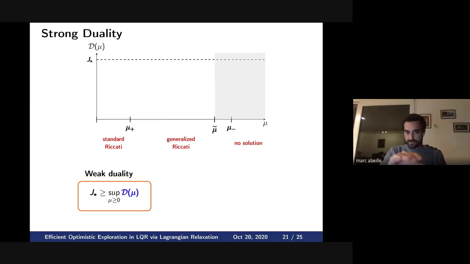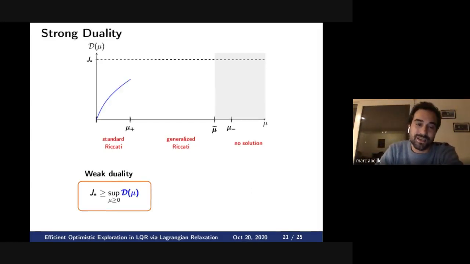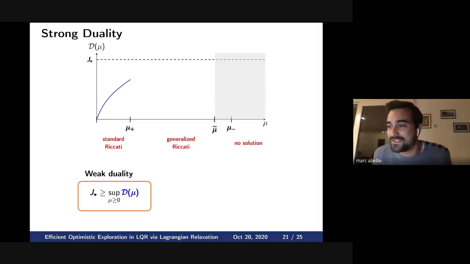So J star, the dotted line, represents the value of J star that curly D must attain. And what we obtain is the following. Let's say in the standard Riccati regime, we have that d mu increases but does not reach the value J star. And it means that if strong duality holds, it has to take place in this generalized Riccati domain. And so the good news is that we know that things are well defined here,